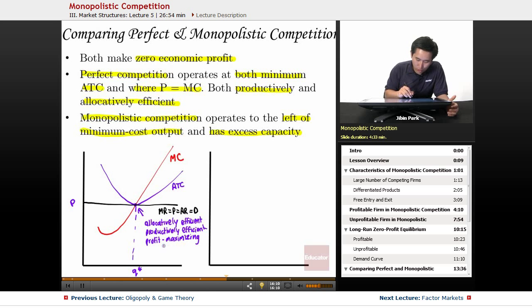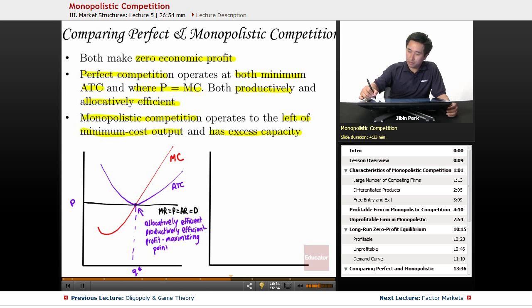Well, it's almost coincidence. They're not producing because it's allocatively or productively efficient. They're really producing because it's also the profit maximizing point. That's where the marginal cost equals marginal revenue. Now it just happens that that's what's also best for society. But again, individuals, firms, they're going to do what's in their best interest, and that's just basically how the world